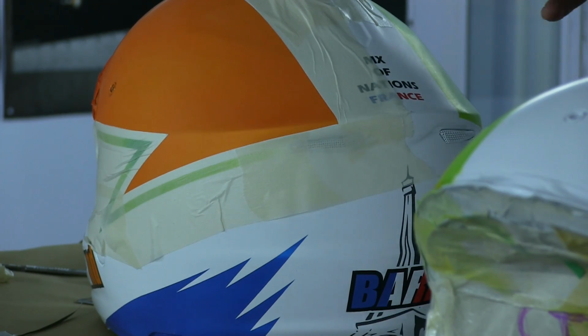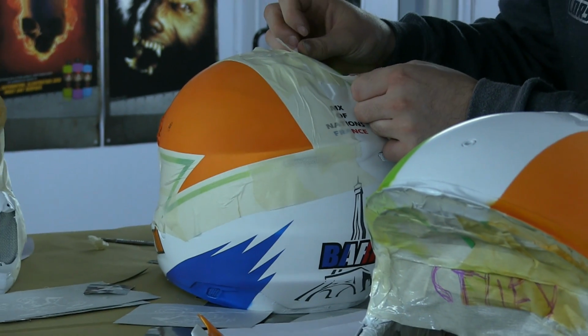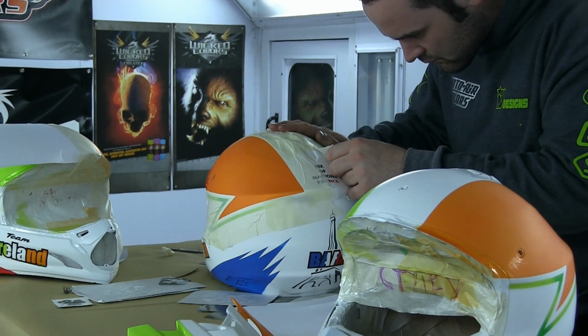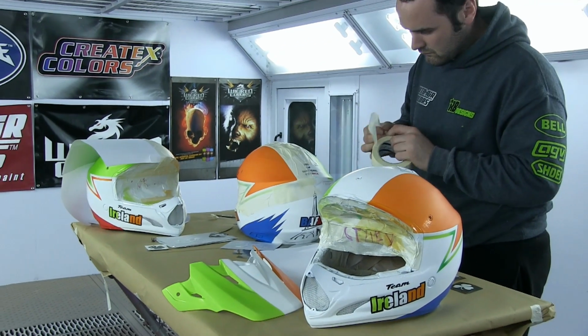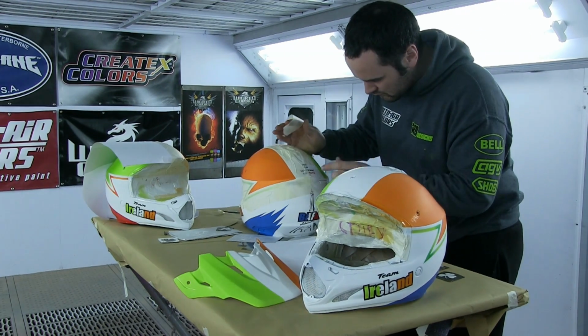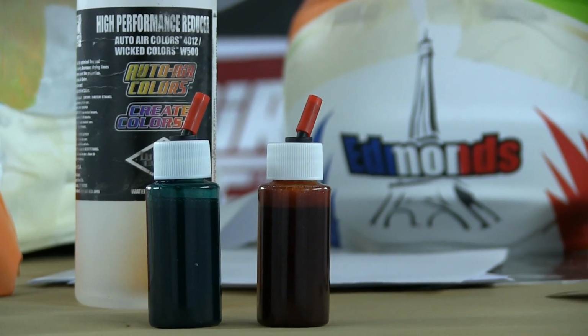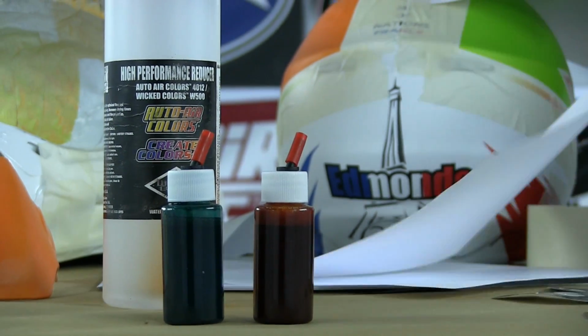Still on the theme of airbrushing, these are some helmets painted by one of my students, Ryan Burnside. Ryan has progressed into what I can only describe as a world-class helmet painter. He's done a really cool design for the Irish motocross team here, and he's used sparklescent mango and electric green. Now over the top of that, he's going to do some graphics in the candy2o, and he's using grabber orange